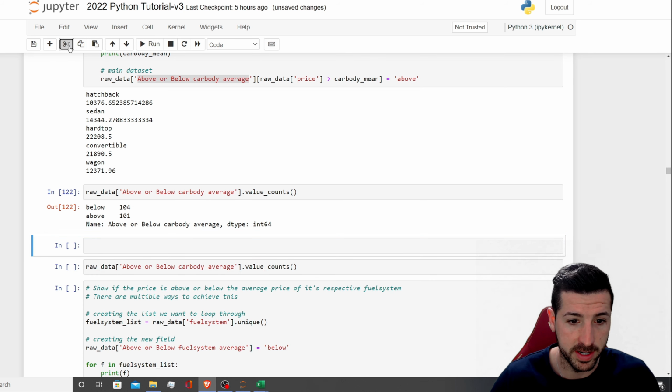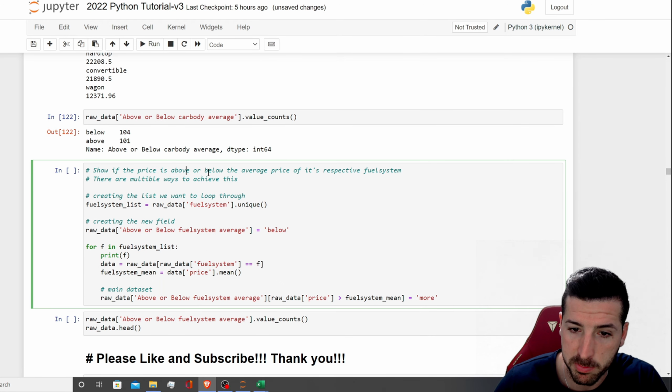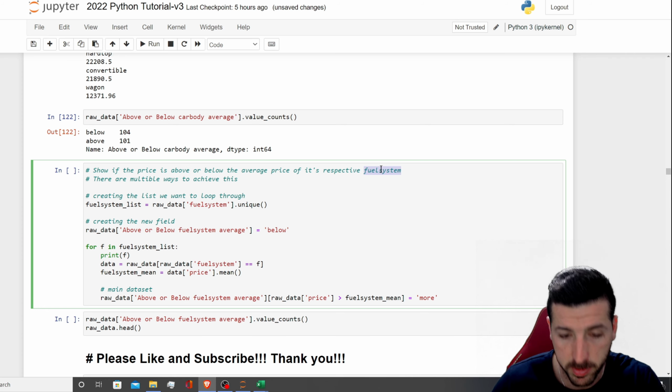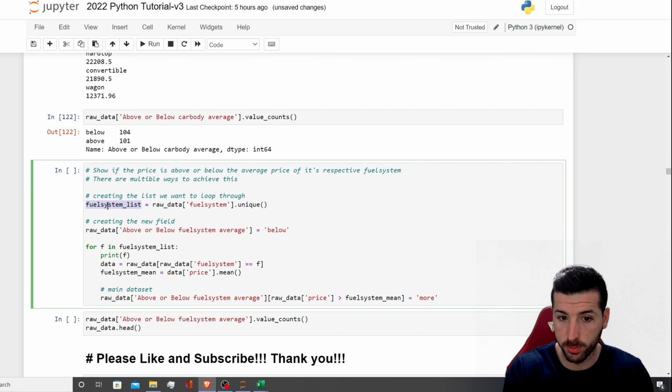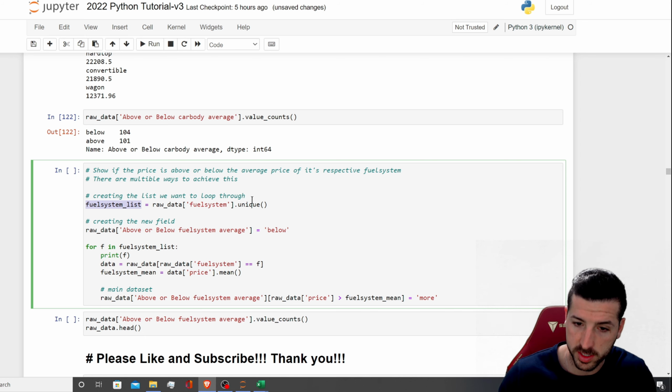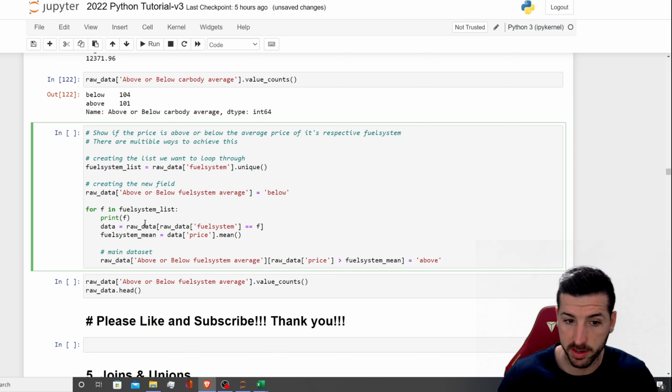Down here, I think I have another example, and let's see what this does. Show if the price is above or below the average price of its respective fuel system. So we repeat the same process, but instead of having the car bodies as the list to loop through, we loop through all the fuel systems. So we create a list with the fuel systems, we create a new field and we set it as below, this should be above. Then we start the for loop, we print the F, so this is going to go